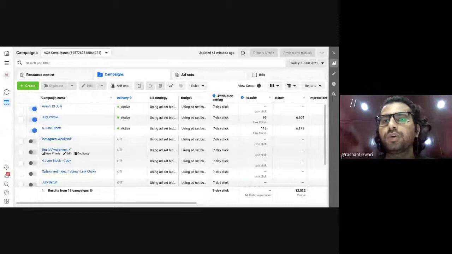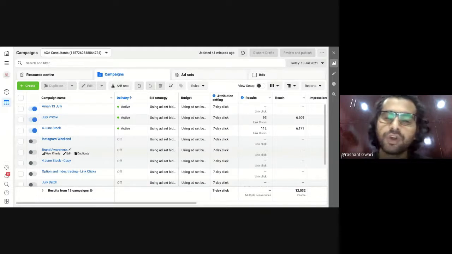So in today's session, we will learn how to run advertisements on Facebook and Instagram, how to choose our audiences, how to set up our budget, and how to activate our marketing campaign on Facebook and Instagram to target our audiences. In yesterday's session, we learned how to create different types of audiences: core audiences, also known as saved audiences, custom audiences, those who already engage with us, and lookalike audiences, those who have the same interests as our customers.